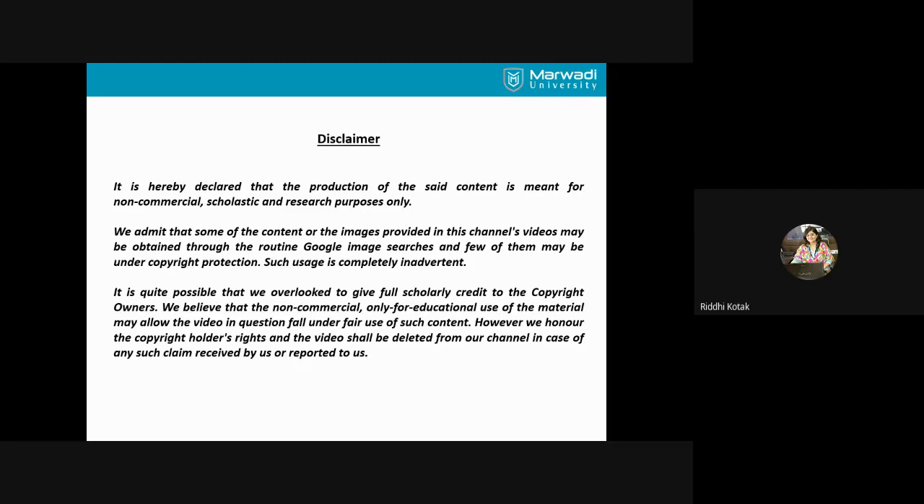So what we will do is we will practically implement the topologies in Cisco Packet Tracer. So all of you just open your Cisco Packet Tracer